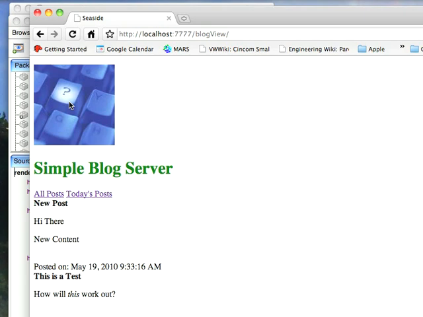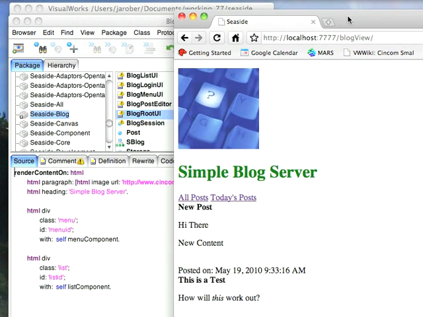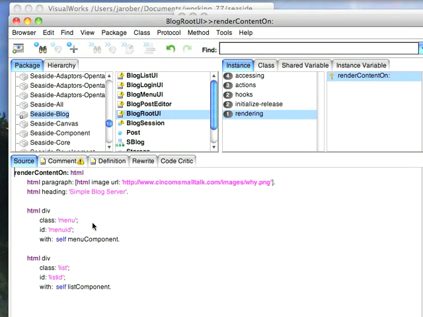Now, let's say that you wanted to encapsulate this more and have a bunch of images that you wanted to have in the application and have them more under the control of Seaside. The advantage to this, of course, unlike what I do here, is that I could have this be sort of a self-contained thing. I could hand an entire image off to somebody and say, here, run this as a standalone,